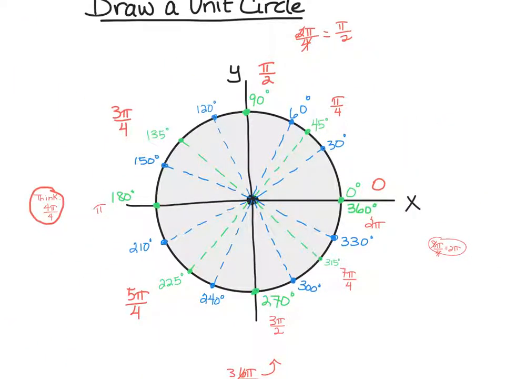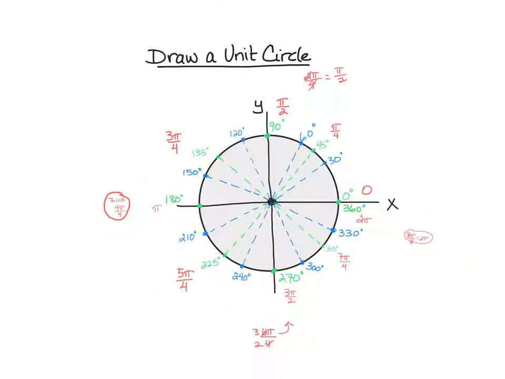So now you have all your degree measures written in for all of your angles, all the quadrantal angles, and all of the 30, 45, and 60 degree angles in each quadrant. I'm going to erase just a little bit of the scribbly stuff that I've written so far with the simplifying fractions, so that I have a little bit more space to write. And we will fill in the radians for each of those